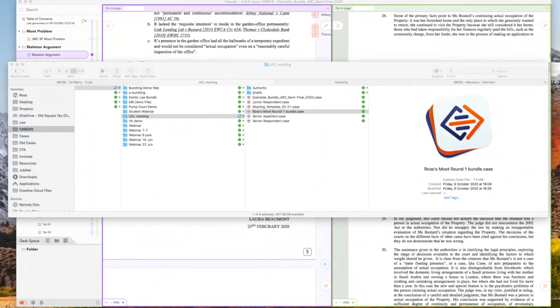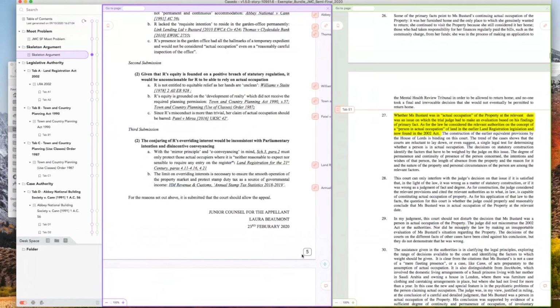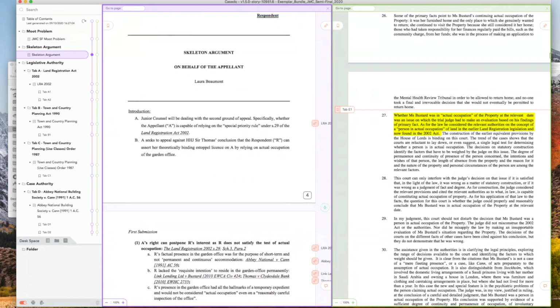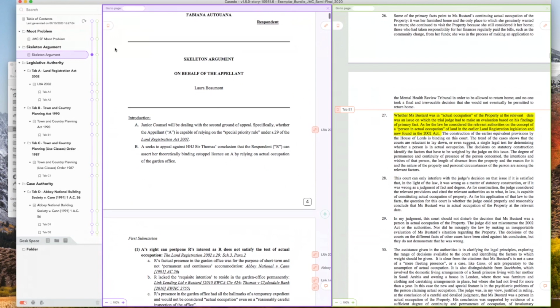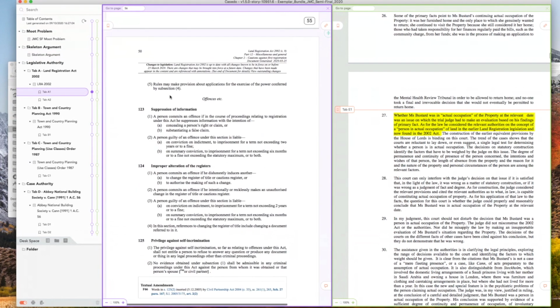There's another question about the pagination toggle, so the page numbering. If you want to have page numbers on your bundle, Casido will apply them automatically, and that's this orange switch in the bottom left-hand corner. And you can see when you turn pagination on, you get this go-to page entry up here, so I can say, let's go to page 56, and it will take me to page 56.